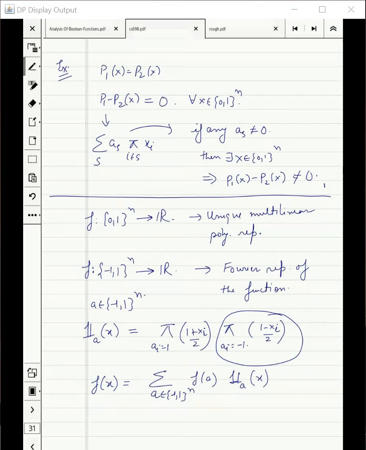So in the range also, if you want to go from 0 comma 1 to minus 1 comma 1, the transformations are very, very simple. That is something which you don't have to worry about. Okay, so in this indicator function, the range is also 0, 1 as before. The range is real, but we are going to only use 0 comma 1 for the indicator. Okay. Right?